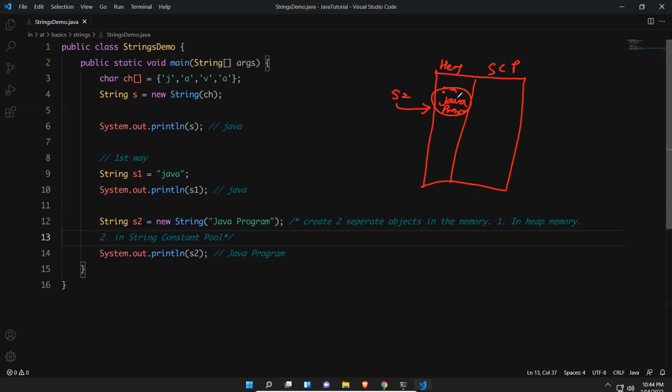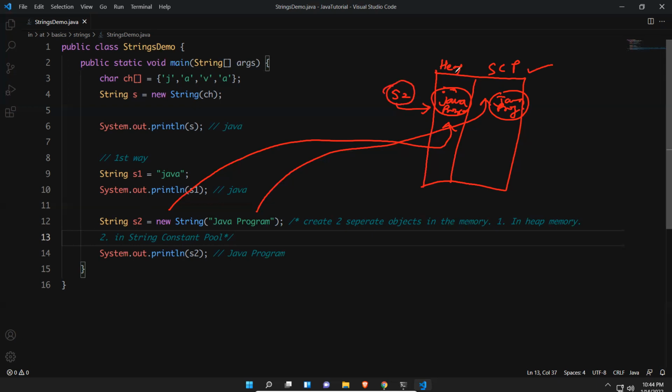This is for the new keyword, with the help of which you create one object. But whatever you have written inside the double quotes, it will create one more Java program in the string constant pool. So it creates in two places, but s2 will actually point to the heap memory only.